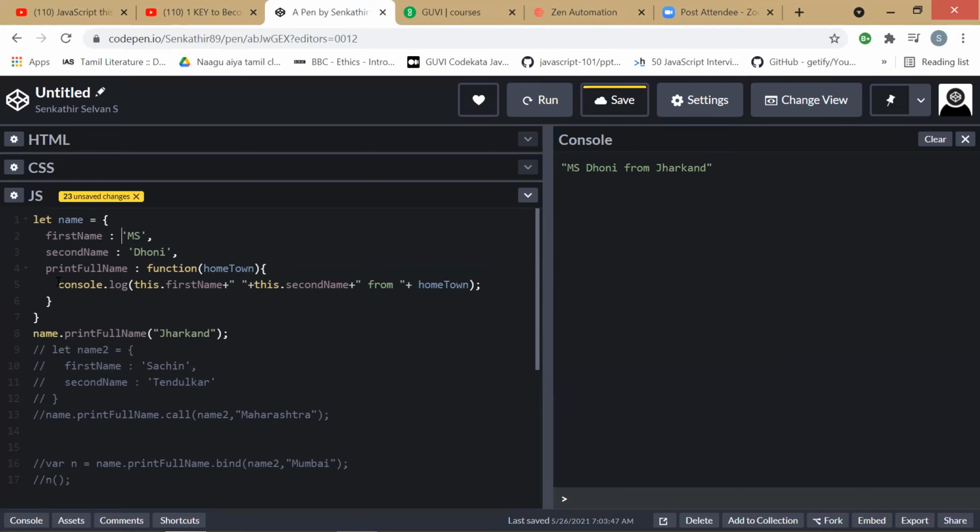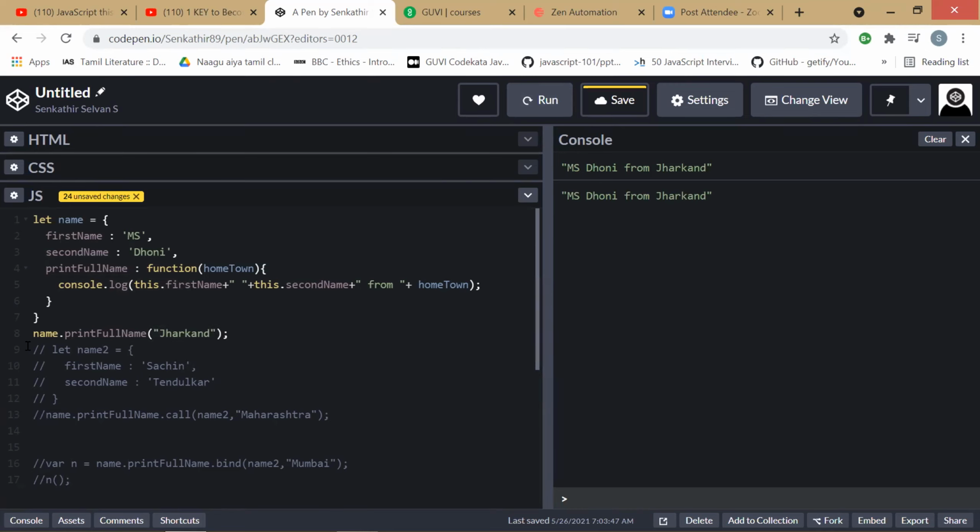In this console.log, we are printing this.firstName and the second name and the hometown also. It is the first object. Now if we run this, we'll get MS Dhoni from Jharkhand. Here we have passed the parameter.